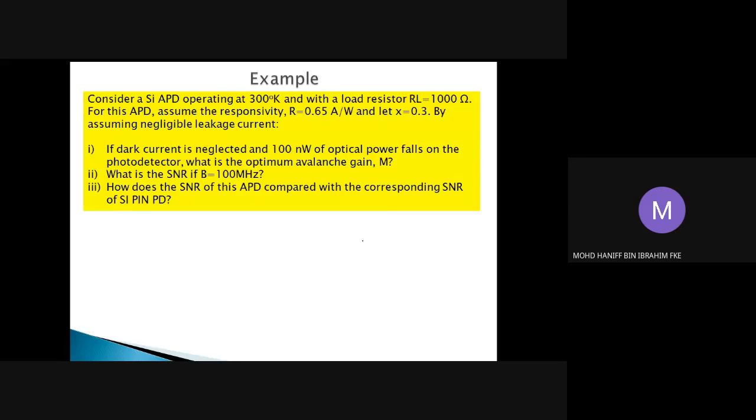So let's have a look at these examples to test our understanding on the topics of noise and signal to noise ratio in your APD receivers. We are given in this question a silicon based APD operating at 300 Kelvin, with a load resistance RL of 1000 ohm. The responsivity R is 0.65 ampere per watt, and x is given by 0.3. I hope you can still recall from chapter 5 that R